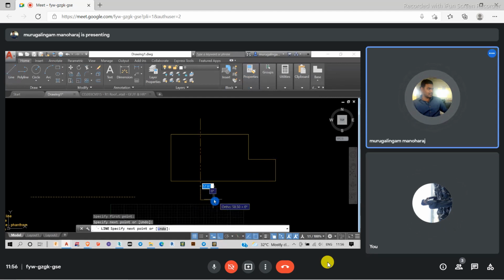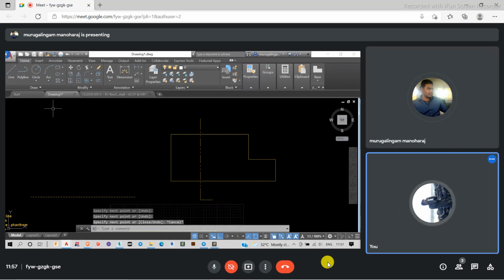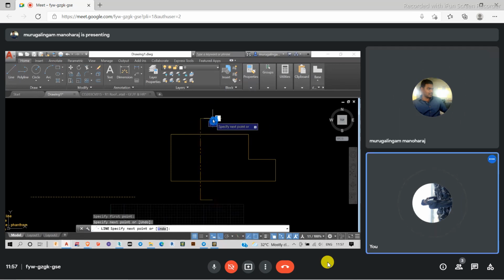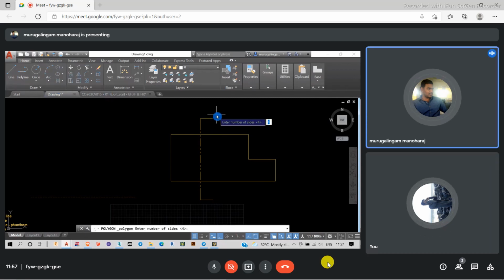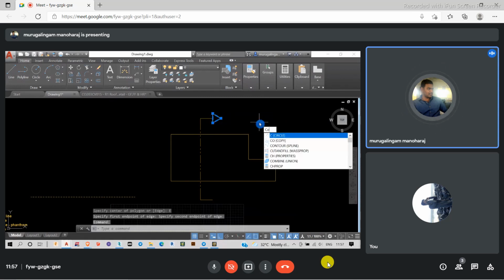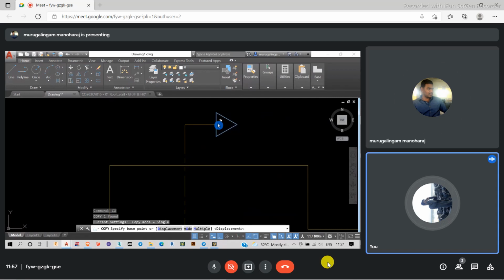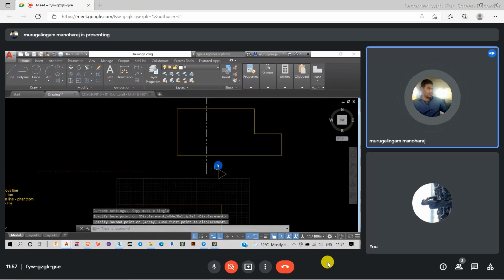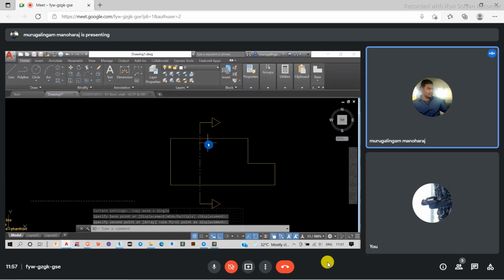I have to draw something like this. So this is how we have to consider section lines also. When I draw this line, people will understand that they have taken a section. It has to look like this. This is called a section line.